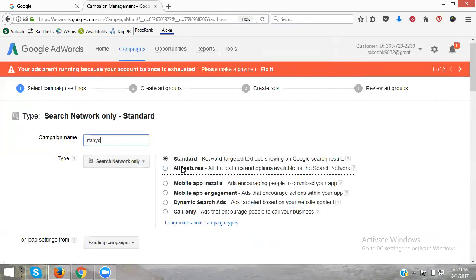Here, standard and all features. Standard means keyword targeted text ads showing on Google search results, only for Google search results. All features means all the features and options available for the search network, Google and Google partners, AOL, Ask, like that. I'm selecting the standard one. Here, RTS HYD is my campaign name. Yes or no? Now here,